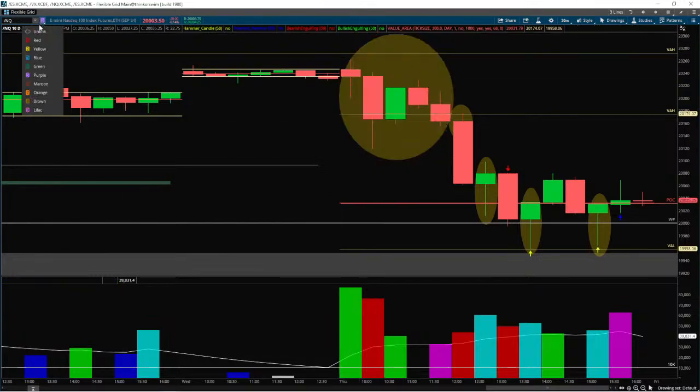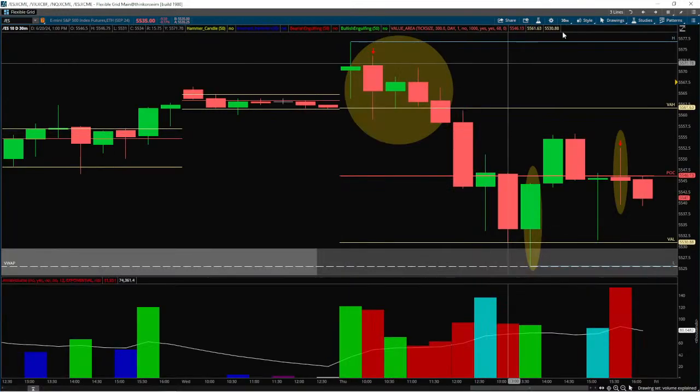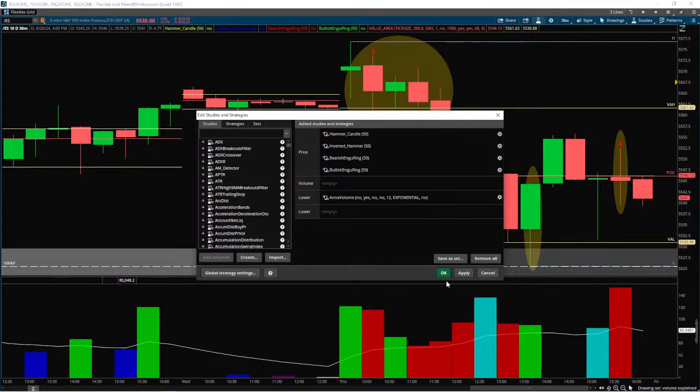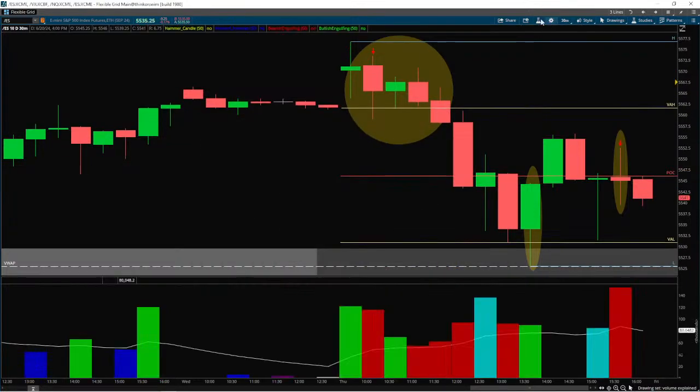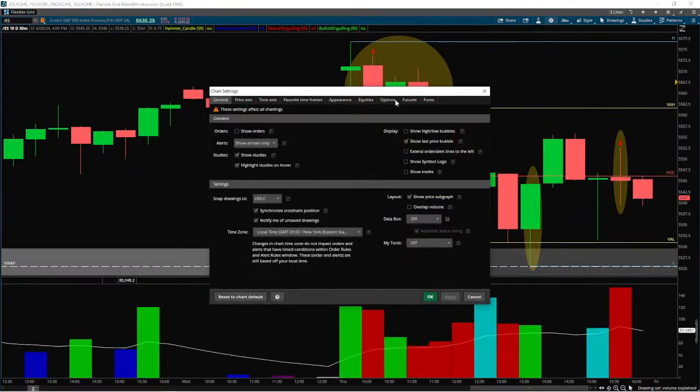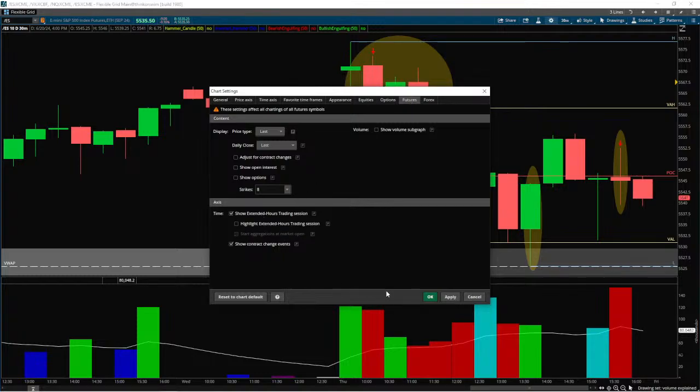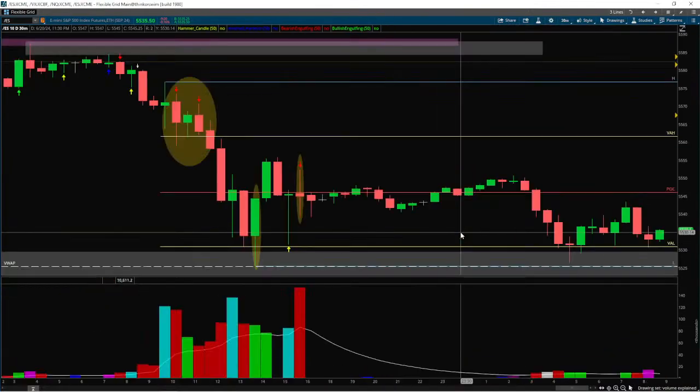All right, so we can get rid of our value area, put extended overnight hours back, zoom out,